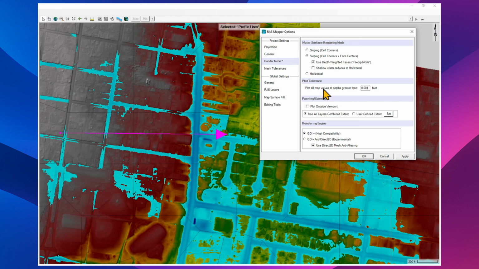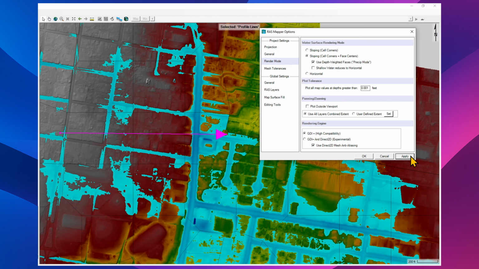So when you check this on and then click apply, you'll see that again, now the areas are more connected. We don't have an island of water over here. This island of water now is connected to another piece of water over here. And it also differs from the sloping by itself, which is very simplified. Okay. Now let's create our